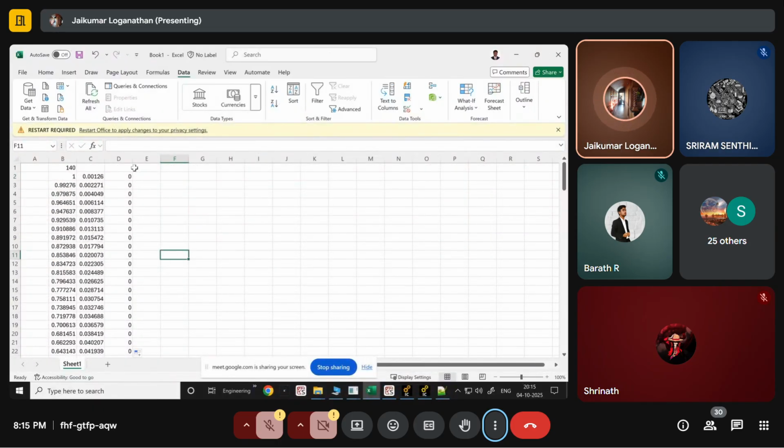So this is how you create the input file for ICEM, and we will read this into ICEM. Okay, so like that you can create any airfoil, bring it to Excel, add an additional Z column, add the total number of points, and then these points can be imported into ICEM. Okay,